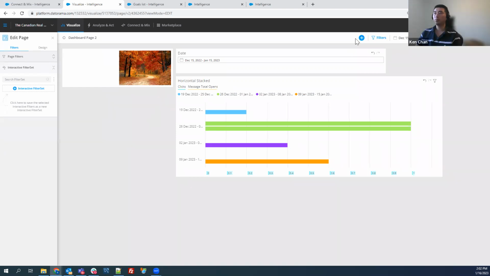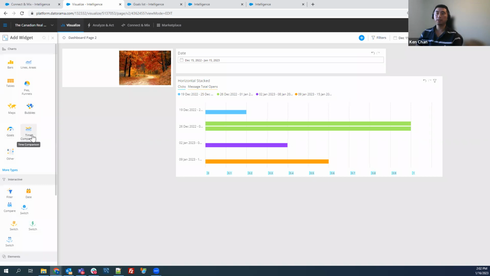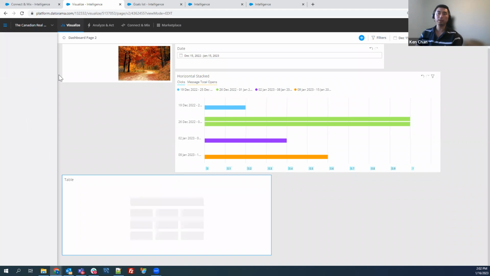I was just going to go through a list of these here as well. So like I said, you got your pie charts, your line graphs, you got your tables, which you can change to a pivot table if you like as well. Heat map, there's a lot of options in here. Okay, you got your charts, your bubbles, and I think I showed you guys